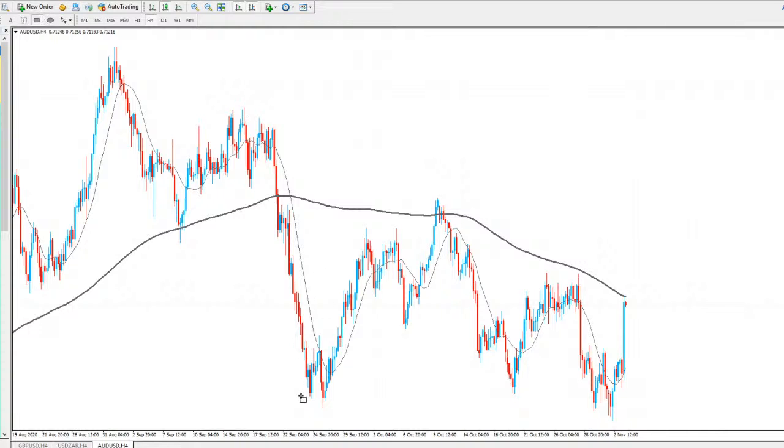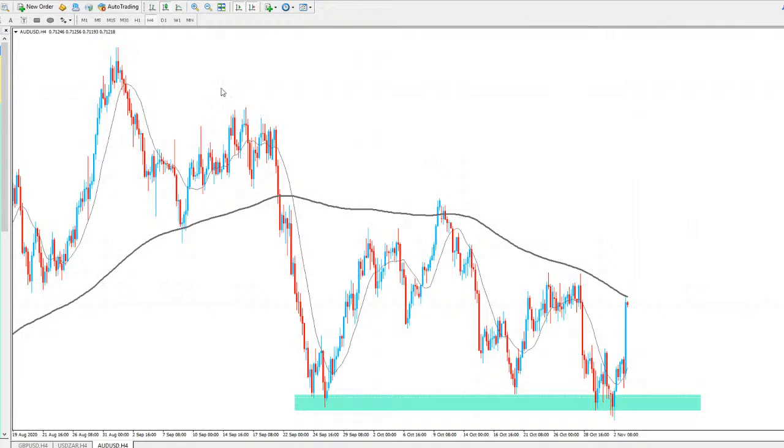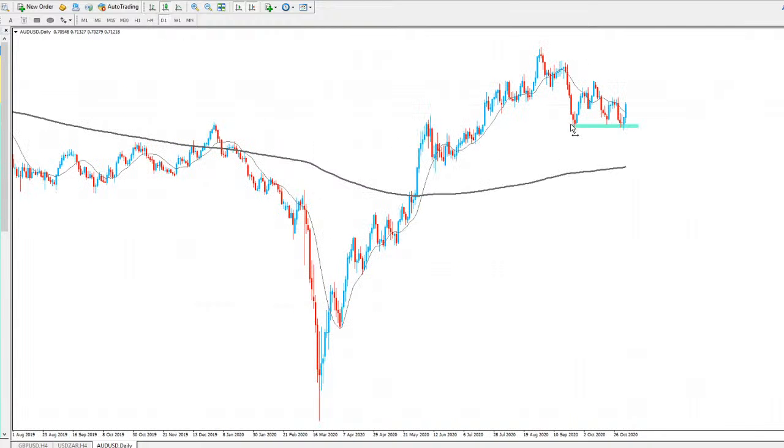We did obviously have support here in the market, as you can see. Previous support there, previous support there, previous support. And actually on the daily time frame, you can see how strong this area of the market is. Previous resistance there again. Support there, support there, support there as well. So very strong area in the market, and we're likely to see a bounce from that area.